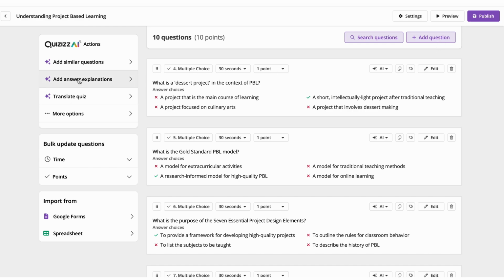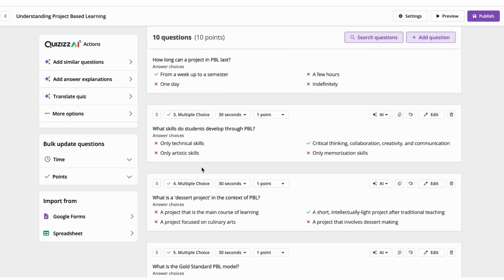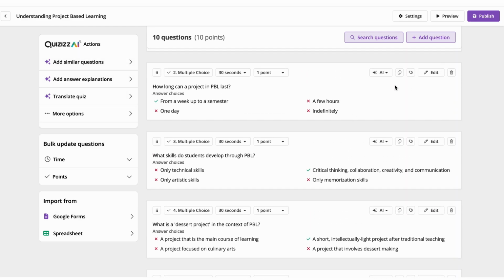Look, you can always add questions, you can add similar questions, and also I think you can convert that into a Google form. Also, you can publish it, and you have a choice of converting that